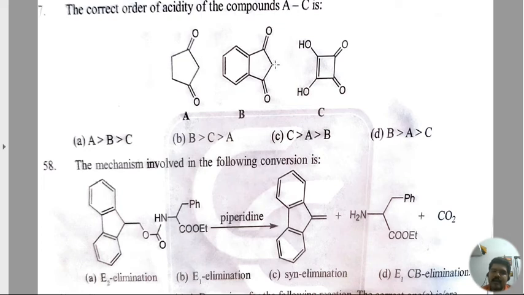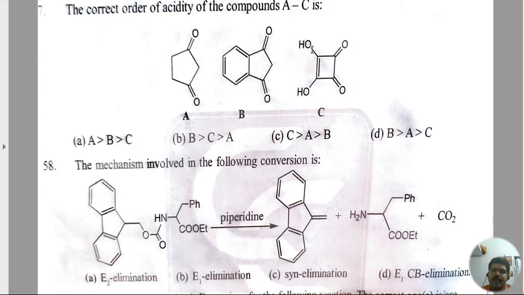So here the intensification of negative charge on this carbon will be higher, so stabilization will be less. So we can say out of A and B, A is more acidic. Now coming to option C. Option C, when you look at the C, it is the most acidic compound, because this O minus,